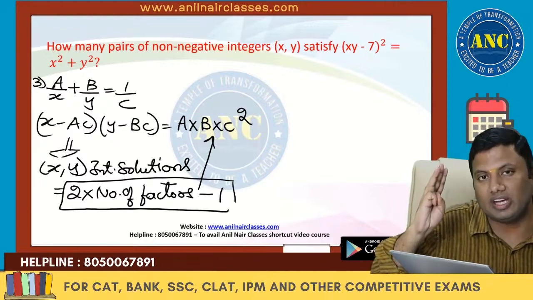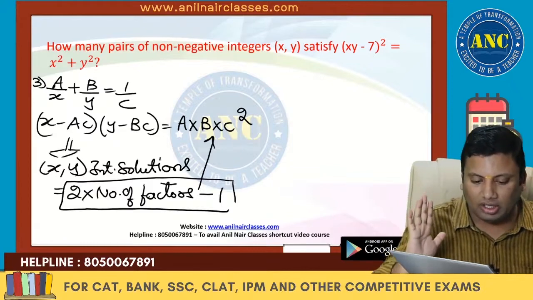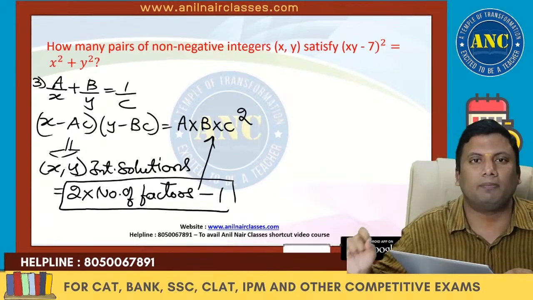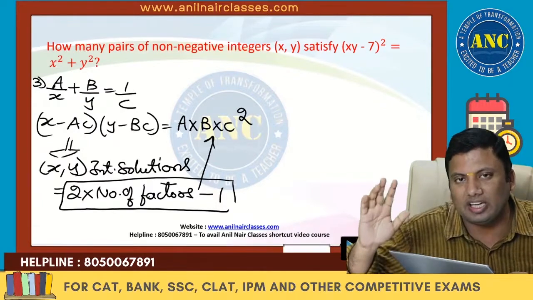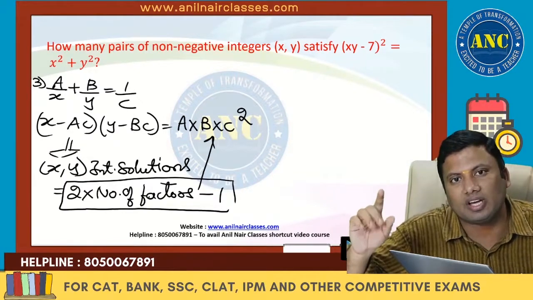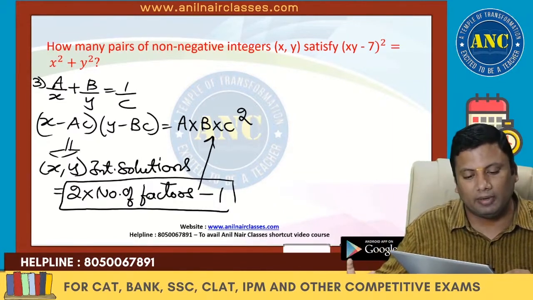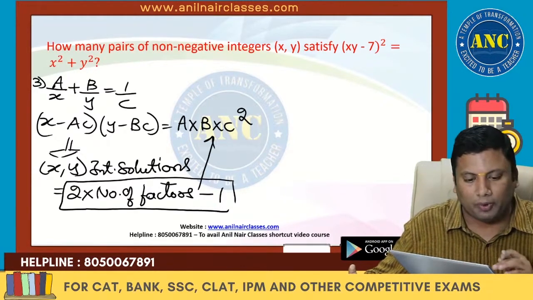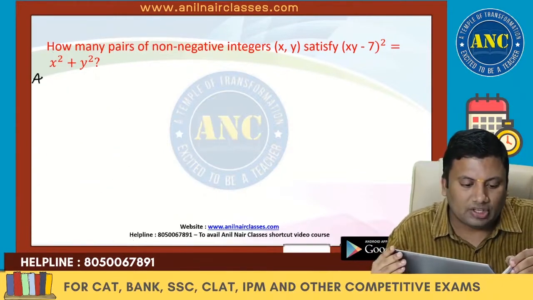Please make a note of these 3 important key points. If you know these 3 important key points, you can solve a lot of problems very fast. First, in how many ways can you write a number as a product of 2 natural numbers: the number of factors; as a product of 2 integers: twice the number of factors. Second, if the degree of the equation is 2, write the equation as a product of 2 factors. Third, if the equation contains variables in the denominator, this is the right form of the equation. One by one, we will solve a few problems so that you will understand these 3 concepts clearly. Application.